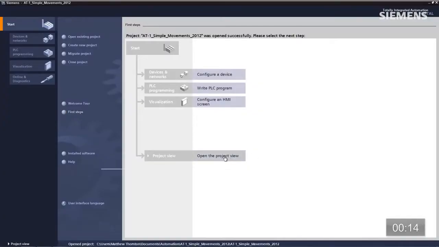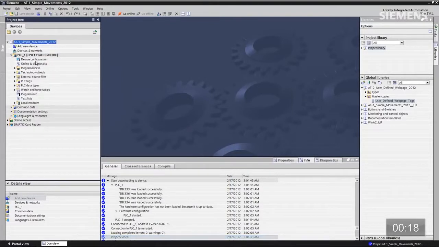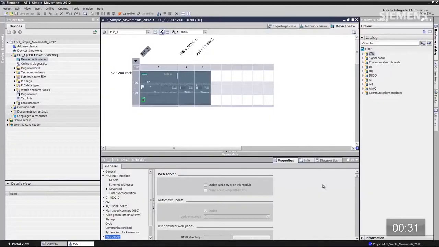That's it. So now the project is opened. Just go to the Project View section of it. I'm going to choose the PLC. Double click on the device configuration, give focus to that CPU, click on properties, and in the properties the first thing that happens to pop up is the integrated web server. If I check this box,